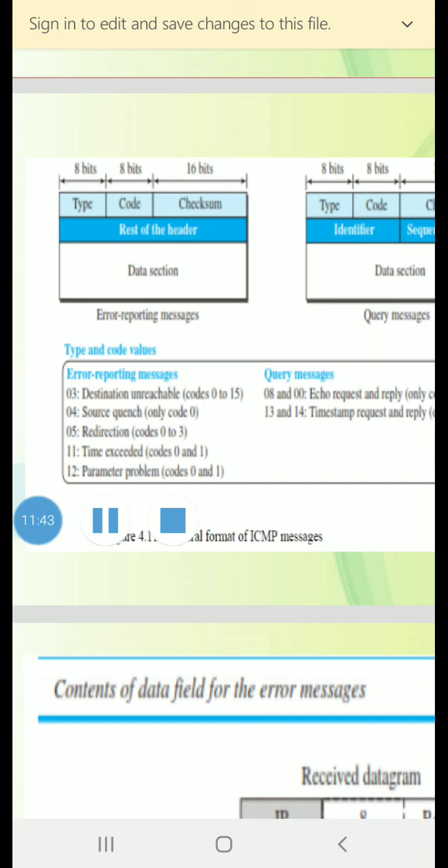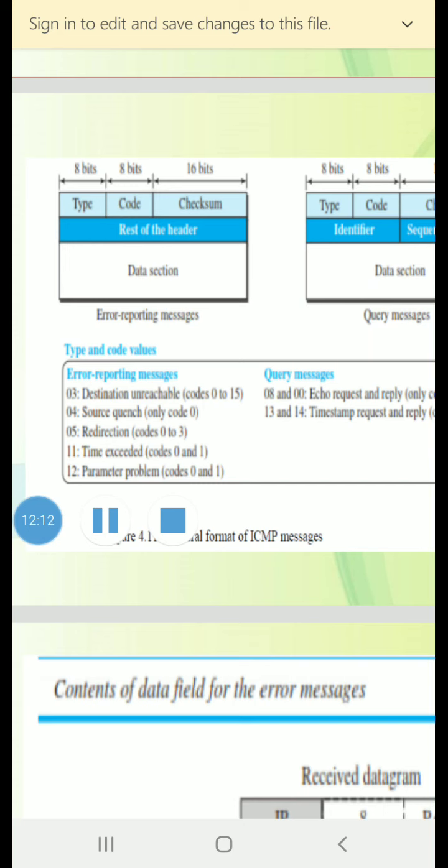What happens if a router must discard a datagram because it cannot find a route to the final destination, or because the time to live field has a zero value? What happens if the final destination host must discard the received fragments of a datagram because it has not received all fragments within a predetermined time limit?